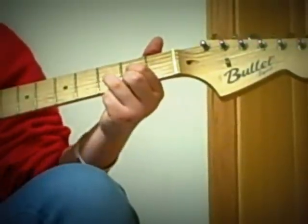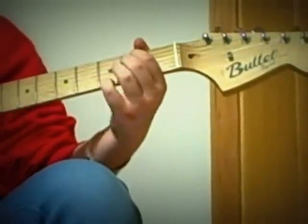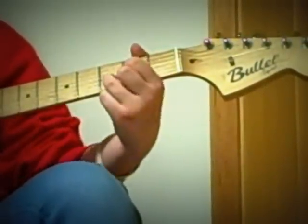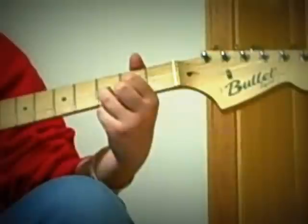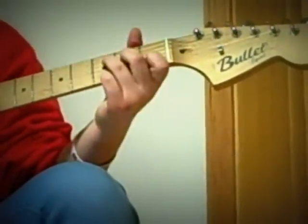So if you want to challenge yourself, like I said earlier, I learned it like that, and that'd be the most useful way to not have this middle chord transitioning them. So just try going from D major to E minor, and next time we'll be learning